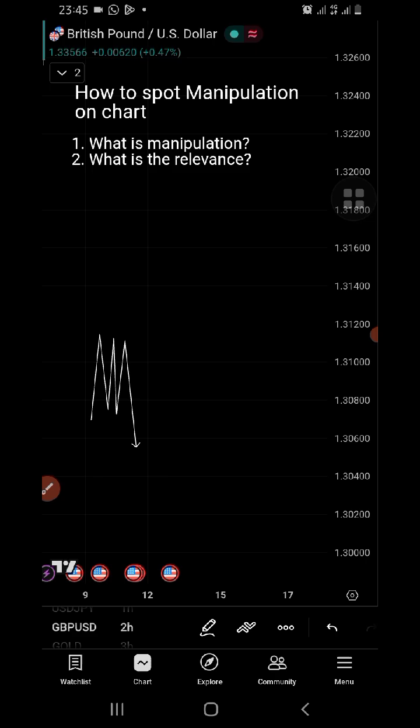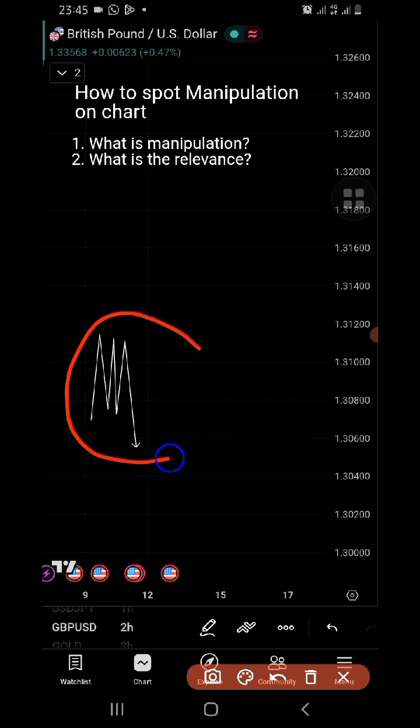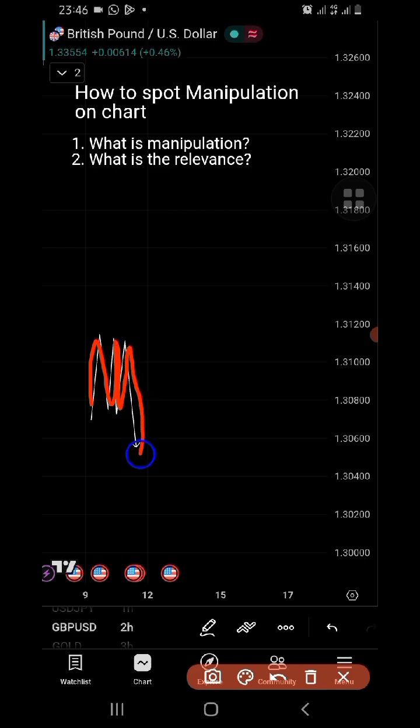Now this particular thing you're seeing, this is what market has been doing before, and all of a sudden we add something breakout like this, which means all these areas market was going up and down and finally came down. This coming down simply means